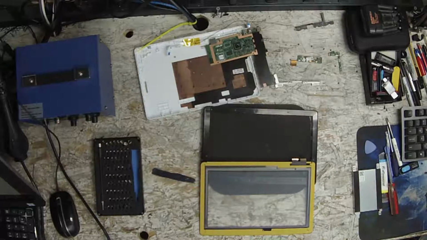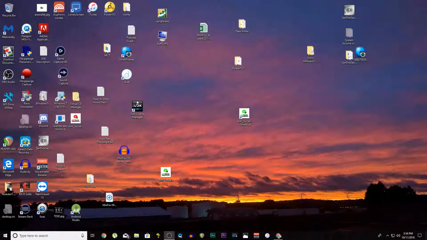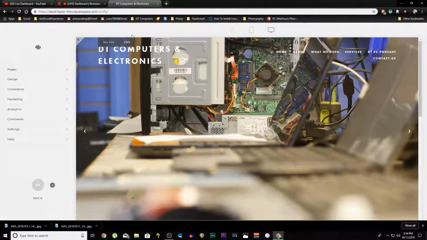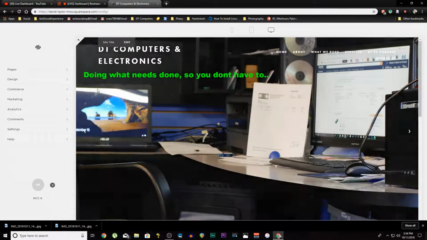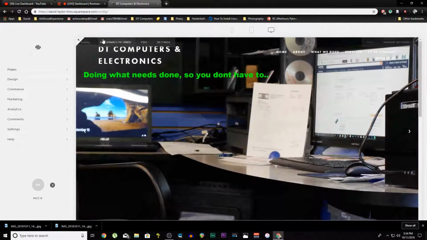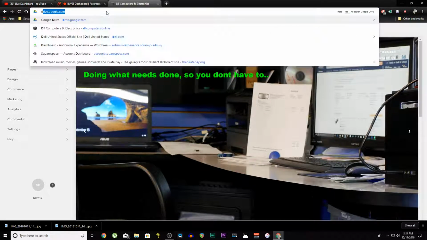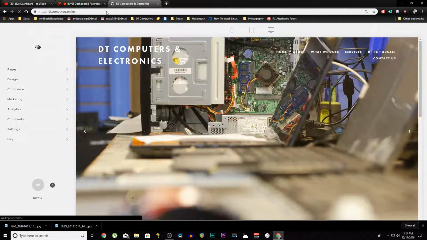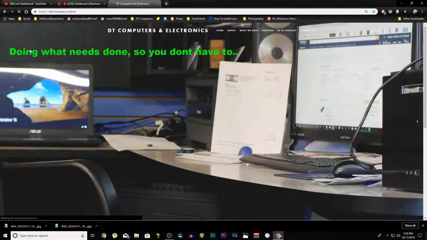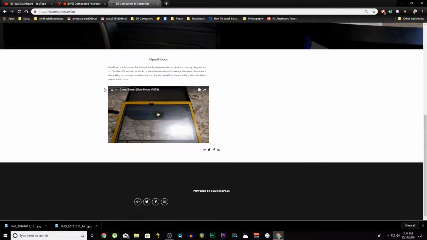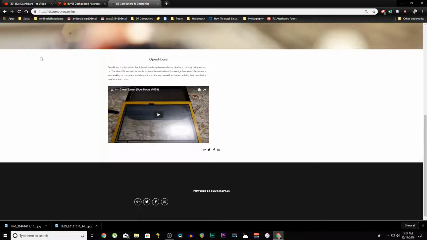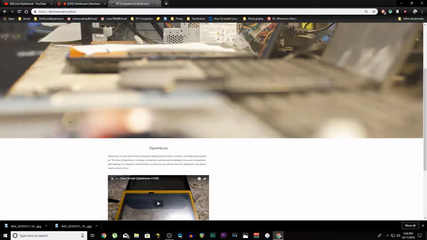Another thing, I'll pull up my screen real quick. This is dtcomputers.online, the website. Actually, I saved it, so give me a moment to open it. We're going to change over to just the website and see what I have saved. I've come to realize I am not good at writing. But I did add an OpenHours section to the bottom of dtcomputers.online.